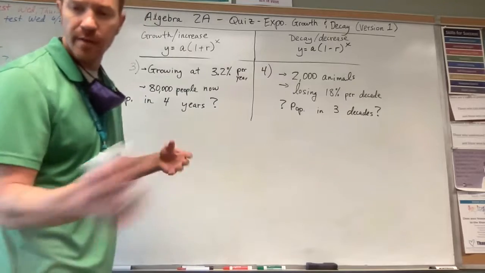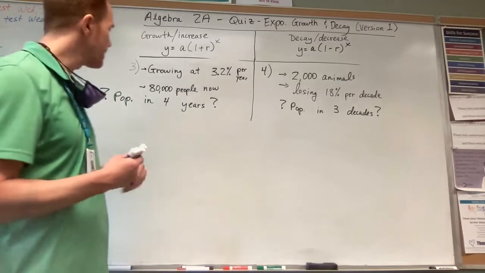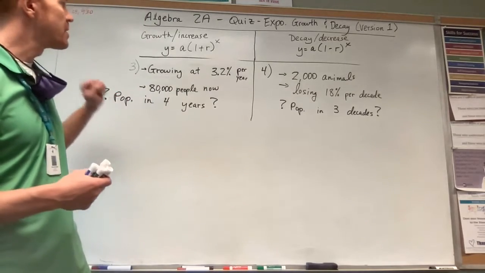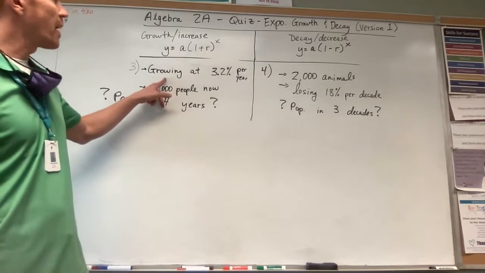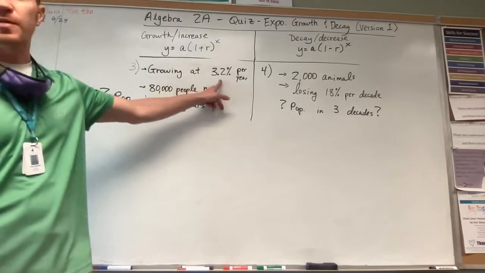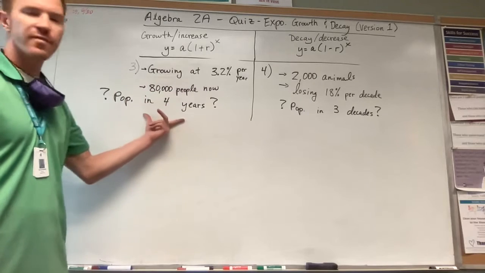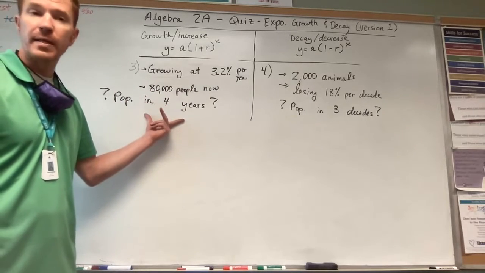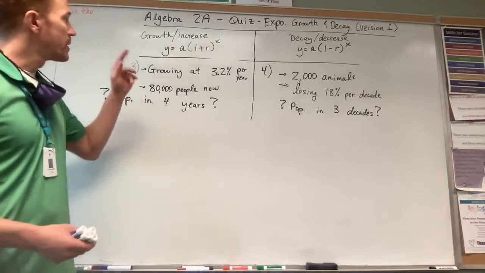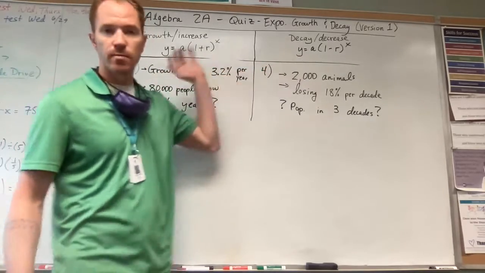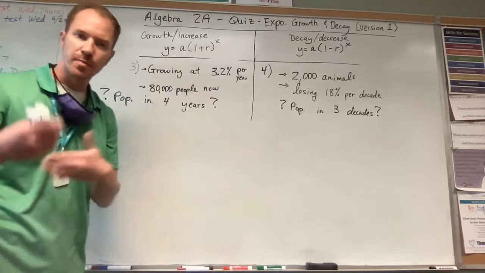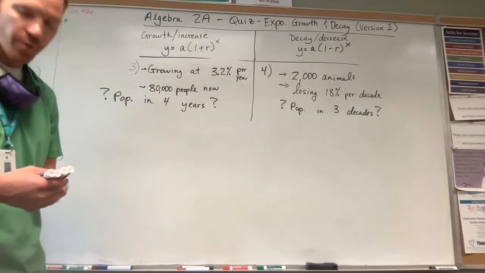But if we take a look, you can read through number 3 and 4 on your own. I just jotted down some of the details. Number 3, we've got a population growing at 3.2% per year. There's 80,000 people right now, and we're asked for the population in 4 years. So again, these are general equations when we're talking about a percent increase or percent decrease, exponential growth or exponential